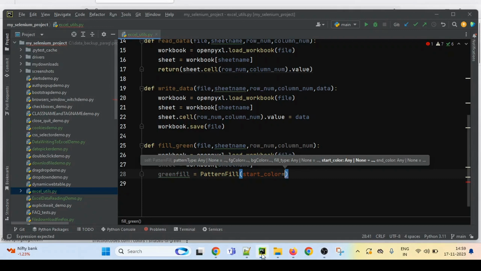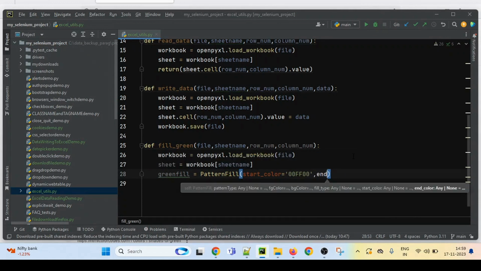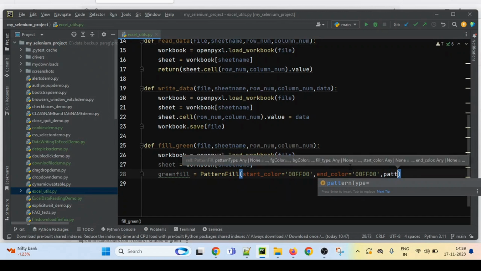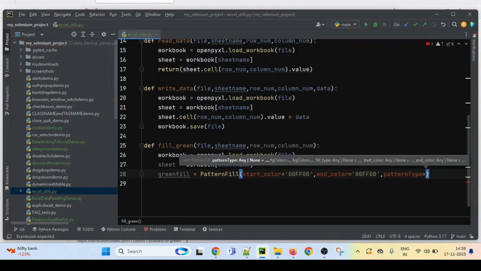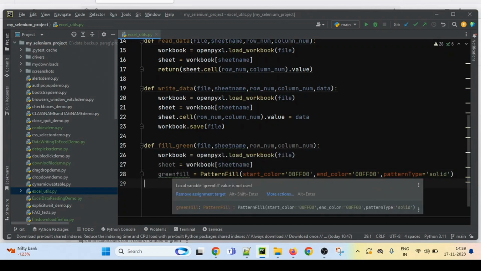Let's go back to PyCharm and we have to put this value here. Start color equals to this one, comma, end color also this one, and pattern type equals to solid.